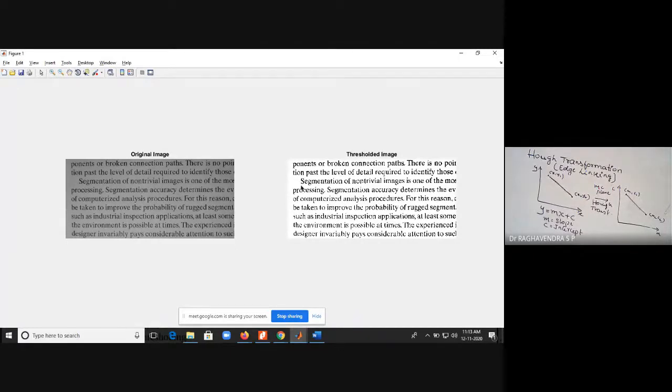So you can see these individual connected components. Now I can extract them and apply the OCR algorithm in order to find out the text. This is a very good application for blind people. Blind people cannot see. So if a camera has been placed on the blind person, the camera can sense these things and convert these letters into a sound clip, and the sound can be heard using the earpiece, so that he can read.